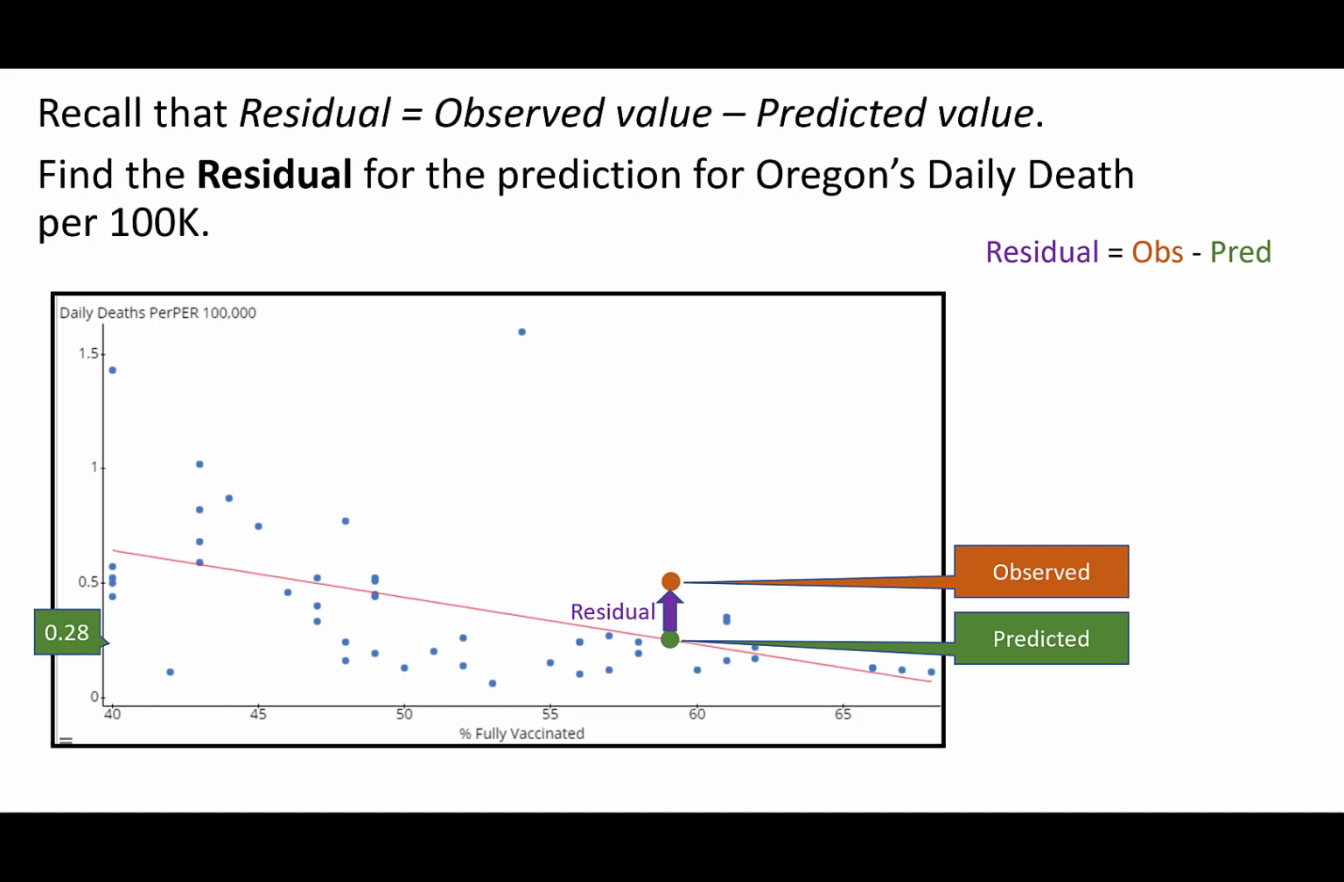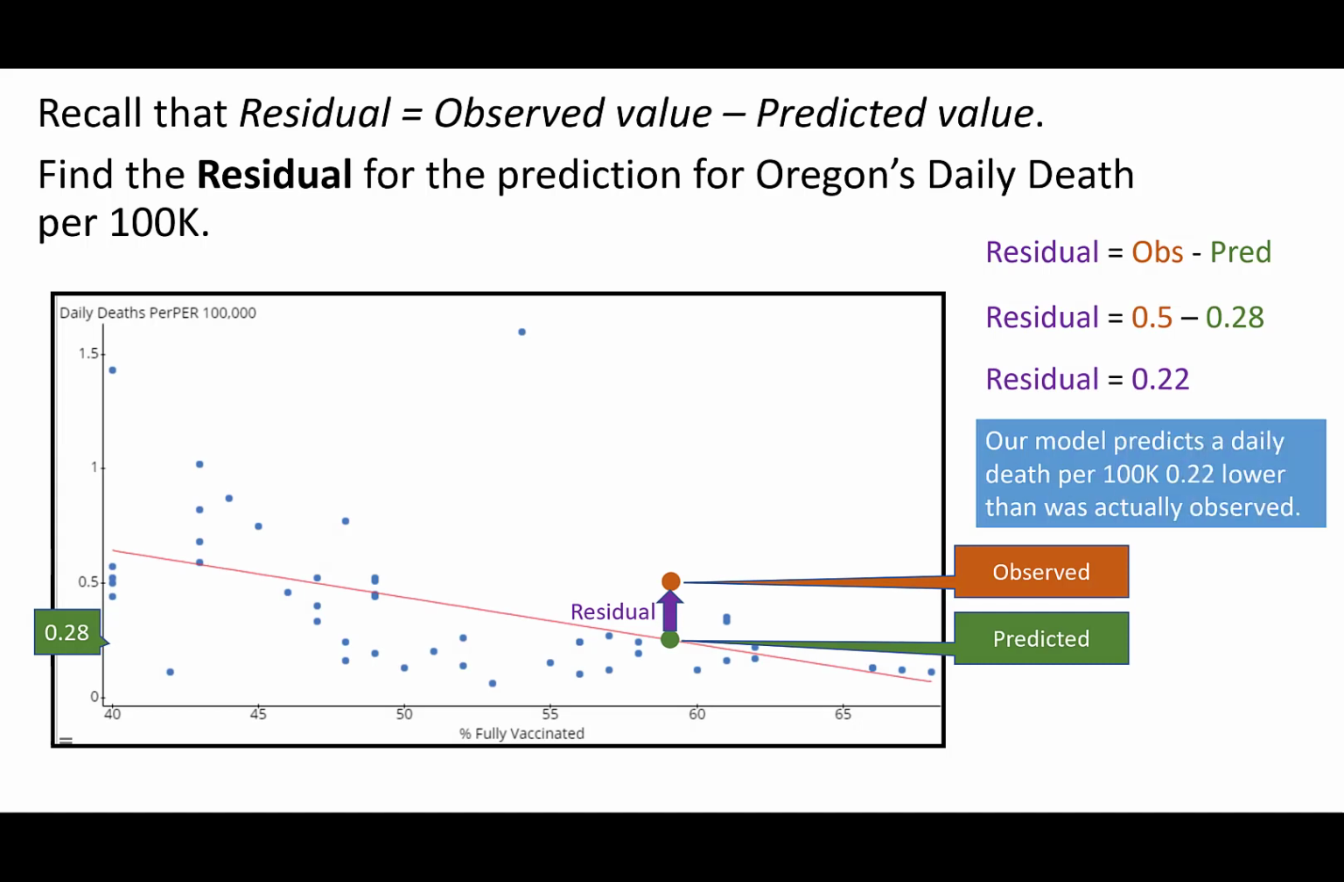Okay, so the residual is observed minus predicted. And so just pop the numbers in. So 0.5 minus 0.28, and we get a residual of 0.22. So our model predicts a daily death rate per 100,000 that is 0.22 lower than was actually observed. Okay, so I hope that